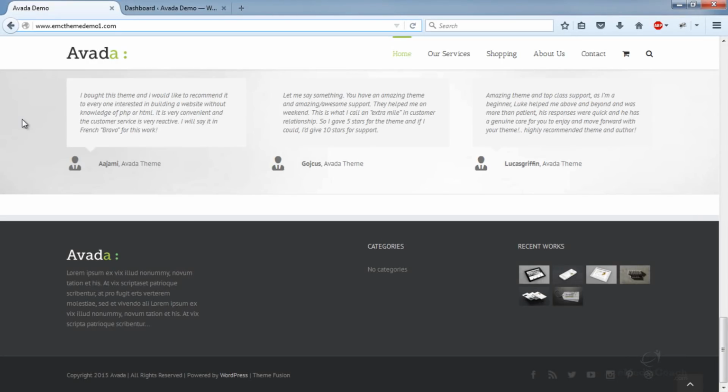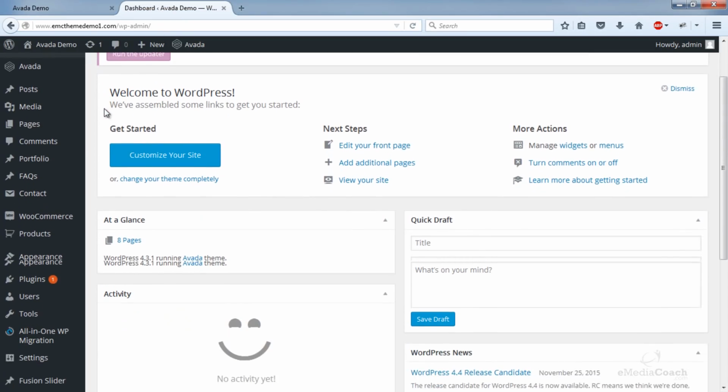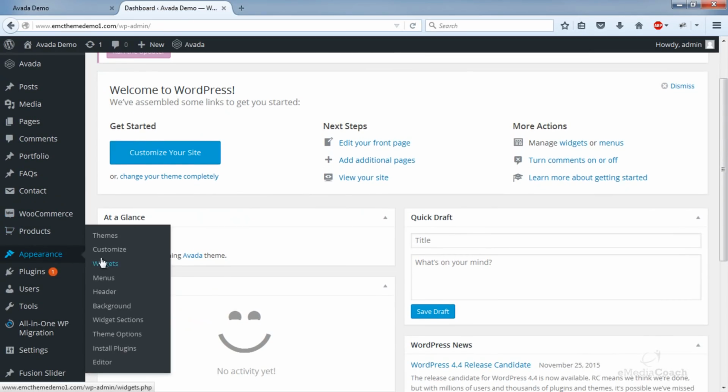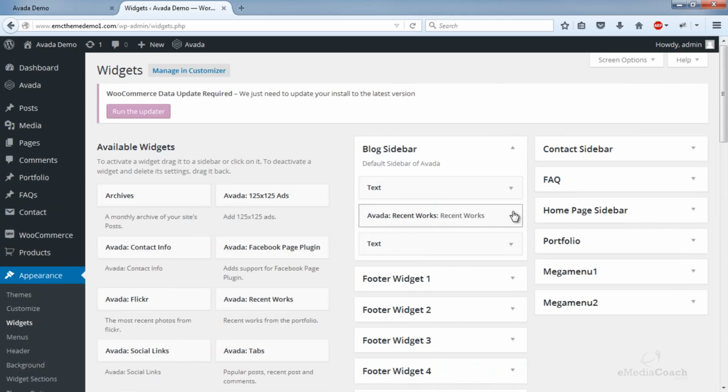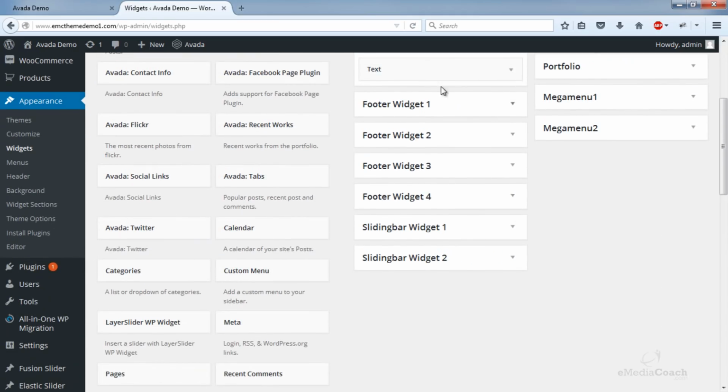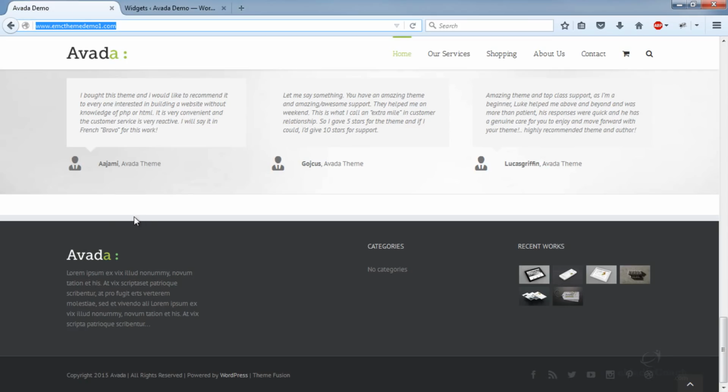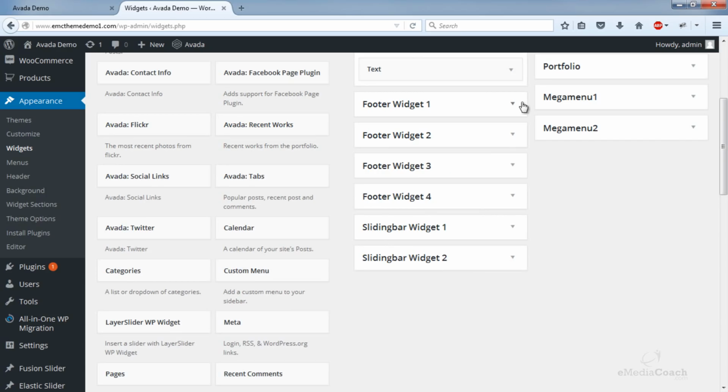Now I'll just run you through how to make changes to the footer area over here, down the bottom of your website. So if you go back into your dashboard and in the Appearance tab, you should see widgets. Just click on that. Now the ones we want to change are these footer widgets 1, 2, 3, and 4. So this is footer widget 1. Footer 2 is in there, there's nothing in there. 3 and 4. That all corresponds to these 4 areas over here.